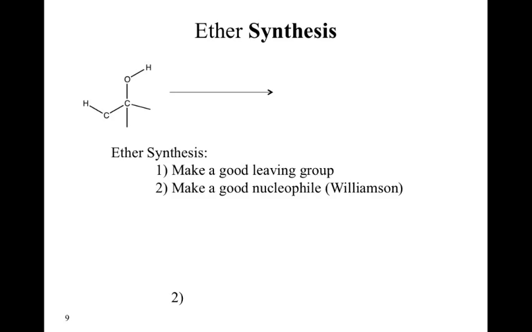To make a good leaving group, we could just add a really strong acid, say H+. That protonates, and I now have a really good leaving group. If I'm still in that alcoholic solution, and this is the next challenge, you need to remember that what we have now is tons of these molecules floating around. It's not just one, there's tons of them. I can have a second molecule come in and attack, kick out the leaving group, and I would end up with